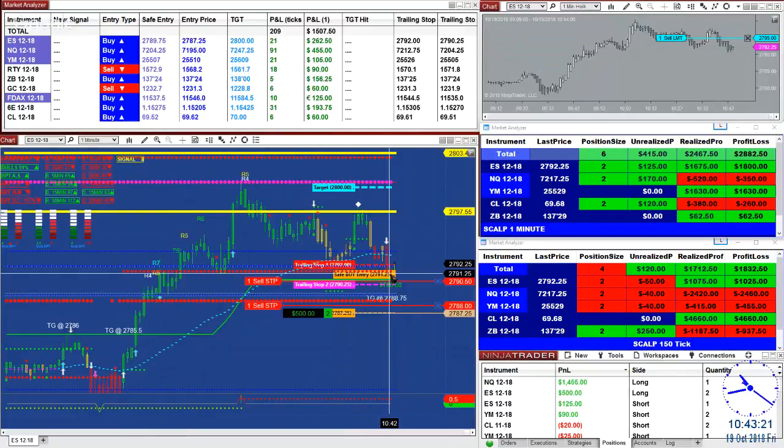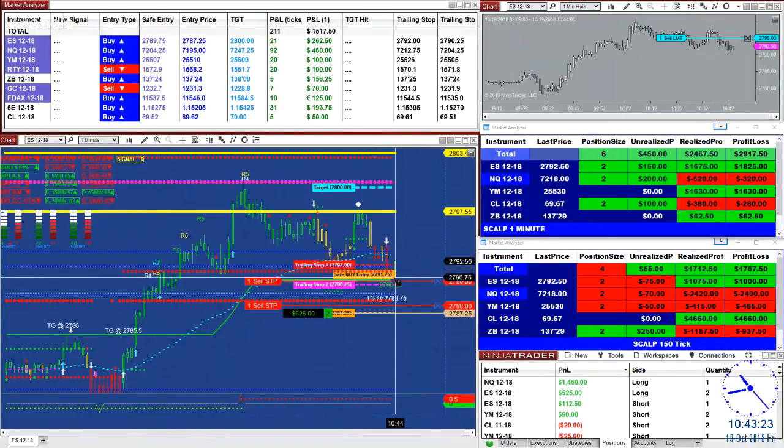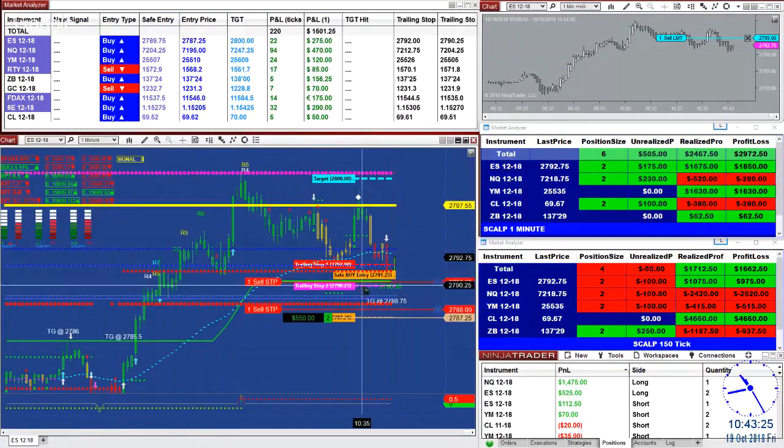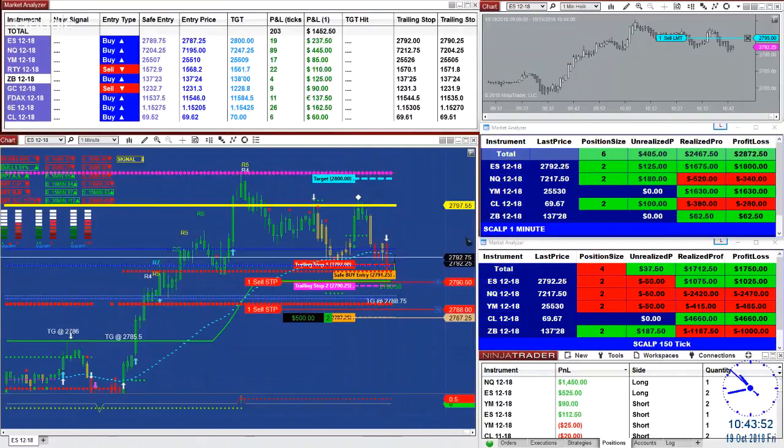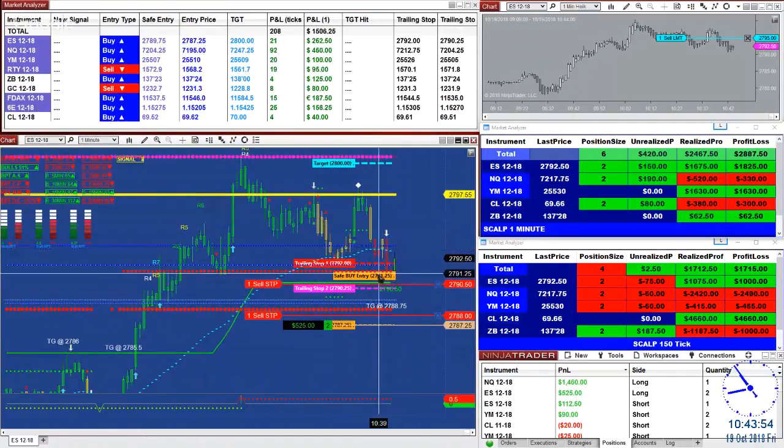I don't want to call this one anymore. I don't want to call pullback. You can see it, guys. It's a pullback, but I don't want to call any more pullback. Now I wanted to short the market. It's finished. There is no more. Now that is the end of that trend. So now, if you want to, you can. We need to start looking for shorts, guys. The minute we cross that area here, we're gonna have a new signal, and once we have the new signal